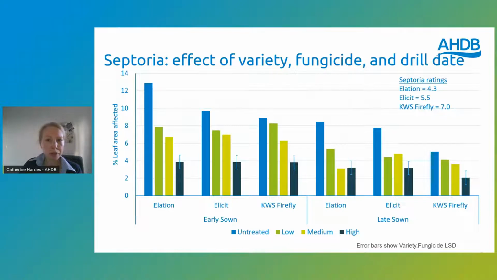And here, from the 2020 trials, it looks like all the varieties reacted similarly to the different low, medium and high fungicide regimes. But when we've looked at this in higher disease years and looked at it across years and looked at the margin achieved from each combination of variety and fungicide regime, we've seen that growing a more resistant variety and using a lower intensity fungicide program can often drastically increase margin compared to using more susceptible varieties with